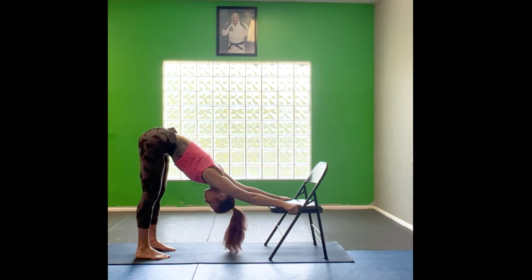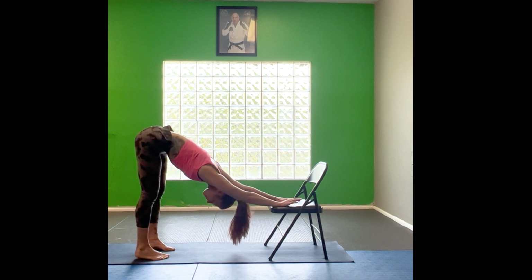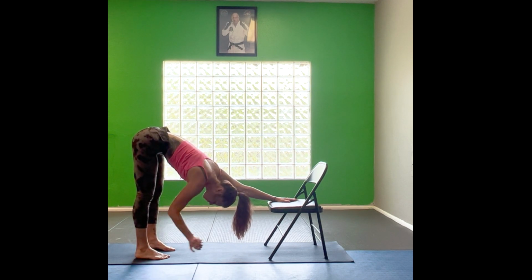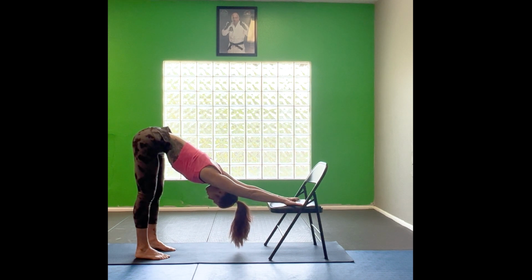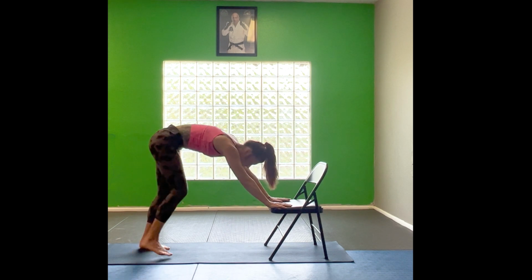We're going to allow the head to drop through the chair, through the shoulders. Notice where your balance is. You want to have it mostly on the ball of the feet here. Heels can be slightly off the ground or just gently touching the mat. Lengthen through the fingertips. We're going to take it forward,